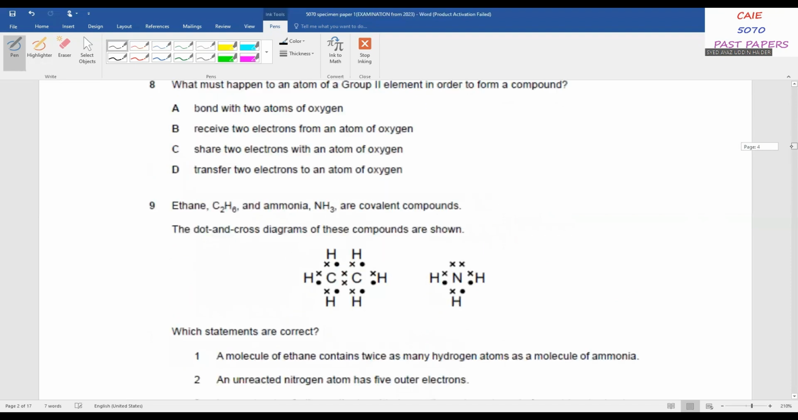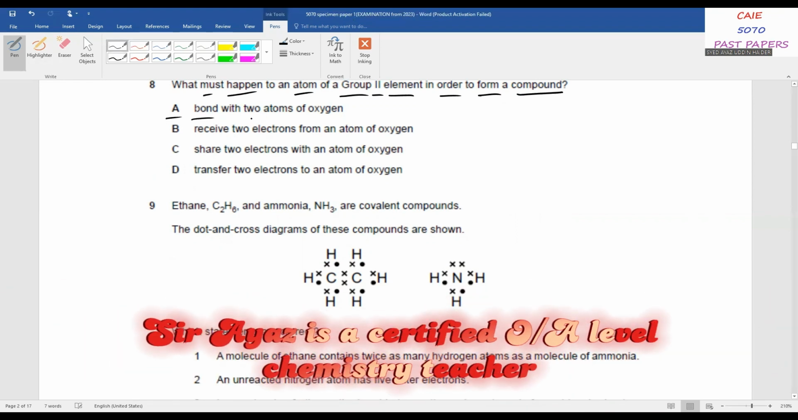Number 8. What must happen to an atom of a group 2 element in order to form a compound? We know that group 2 element is a metal, so it must be losing electron. It can't share electron. So let me read all the statements. A, bond with 2 atoms of oxygen. It can't bond with 2 atoms of oxygen because oxygen belongs to group